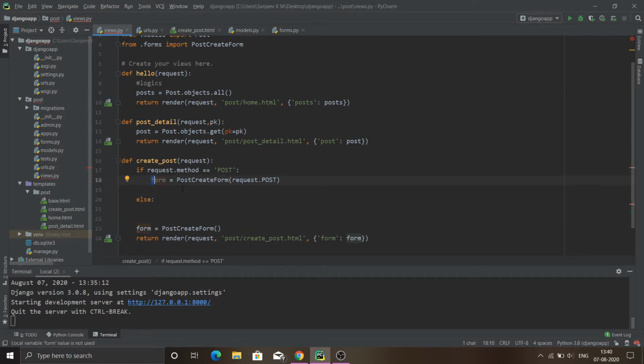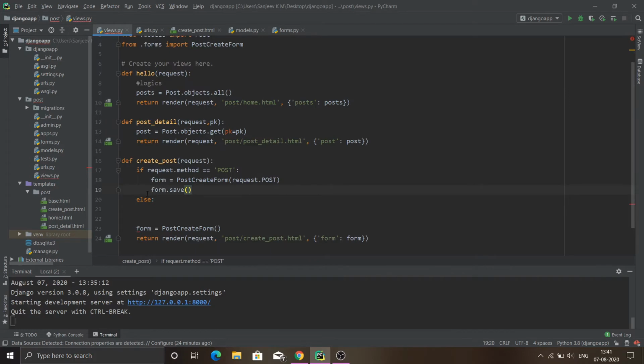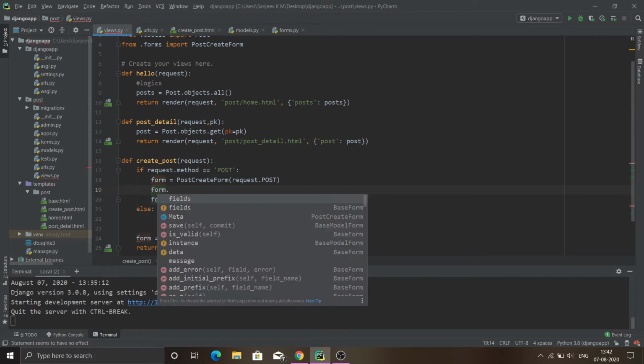To save the contents from this form to our database, we could use another method called form.save, which will fetch all the data from this form instance and save it to our database linked with this form. As of now, we have a Post model linked with this form. Okay, before doing it, we need to check whether this form has been correctly validated or not. To do it, we have another method named is_valid.